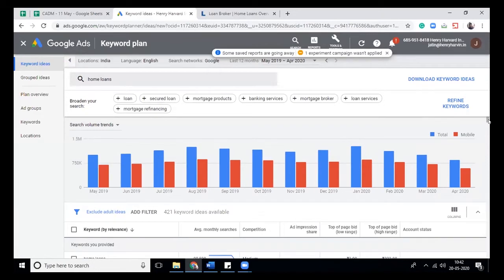Before I start the keyword research, you should take down 2 points. The first point is that keyword research is done primarily for one product page. You can't do a keyword research for all the pages in a single go. Like in Google AdWords, we used to do a keyword research for multiple products, but here we don't do that.